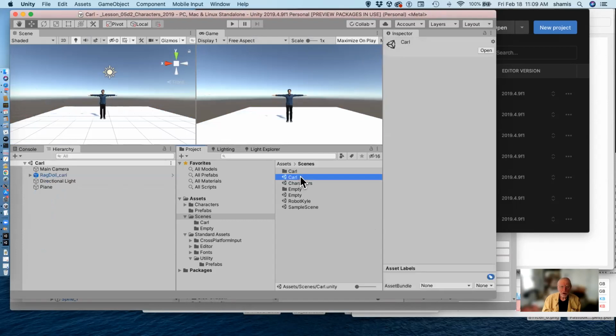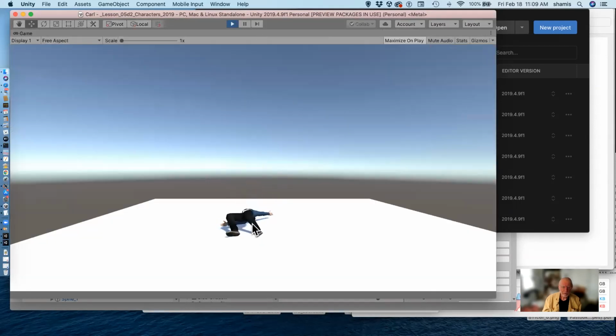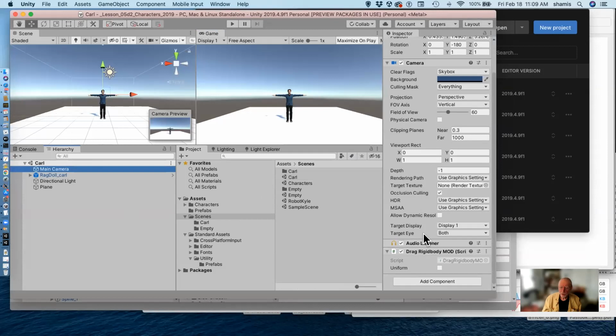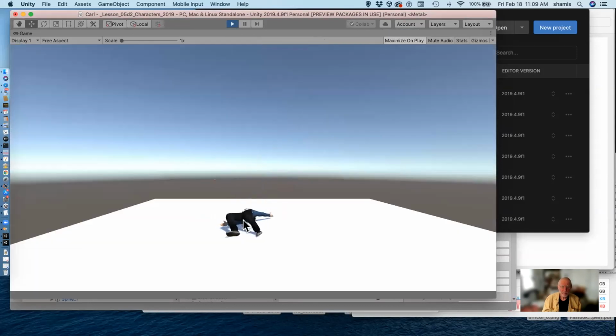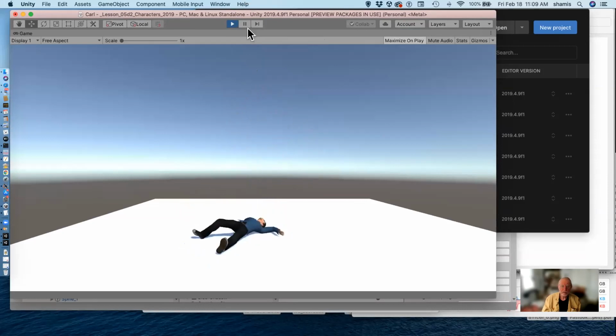I've already made one of Carl here. Here's Carl, Carl's ragdoll. And oh, there's an example of the drag rigid body not being strong enough to pick it up. So here I've modified that drag rigid body, and I have the uniform switch on. So now it'll be strong enough to pick up Carl, because it's scaling the spring constant by,